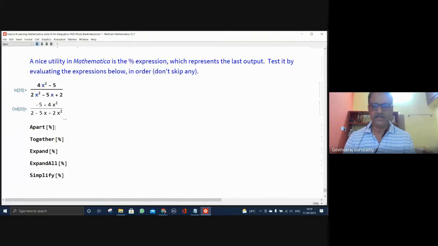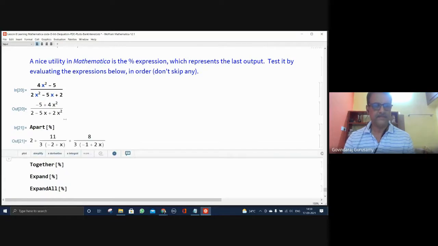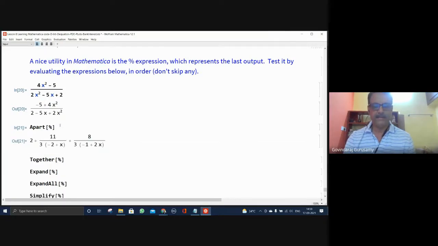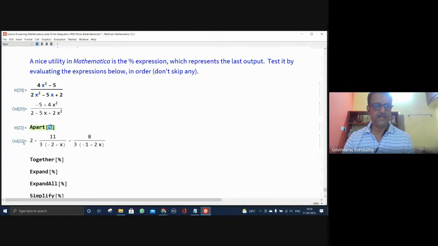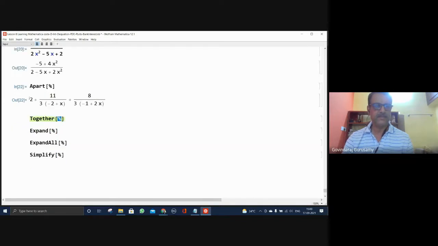You can see this part is being separated. Now if I enter it again, okay. Next, when there is a percentage available, it implies that you have an output, and that output will be taken. The latest output will be taken for a single percentage. Double percentage means the output 2 lines back can be taken. So now you are going to do it together, again with a percentage, which means this will be taken. We are going to make it together.